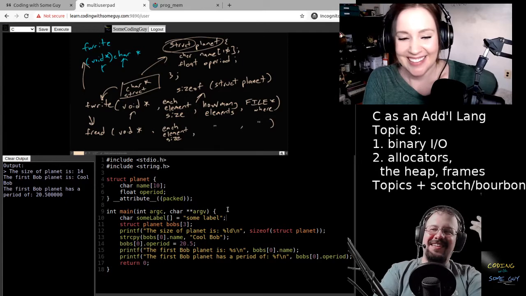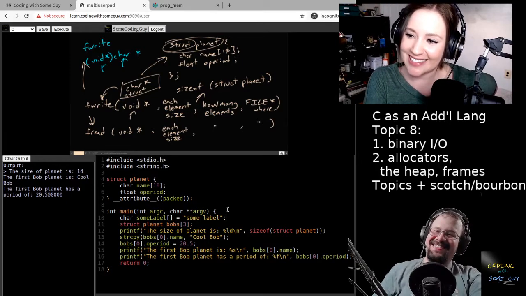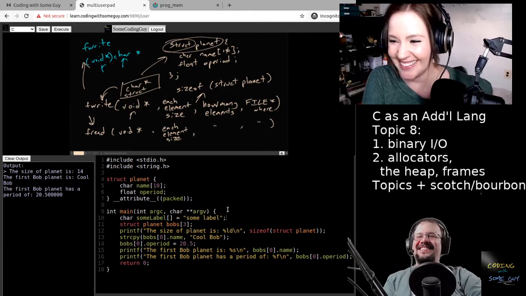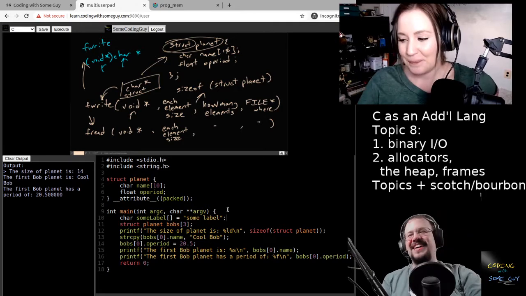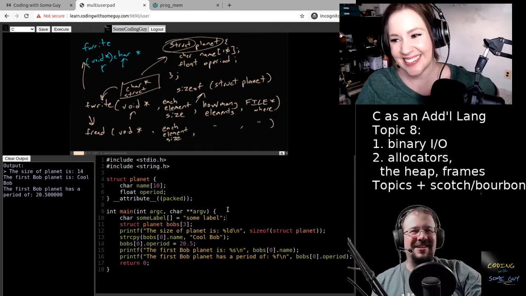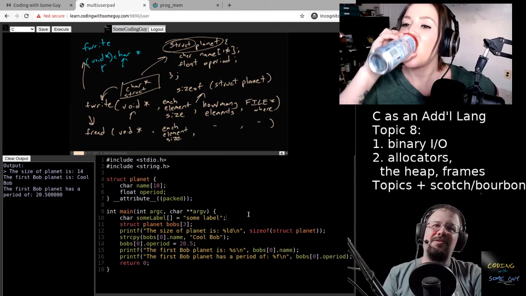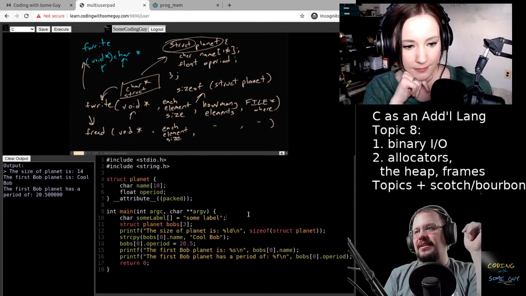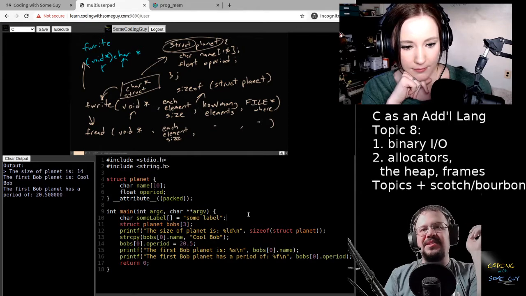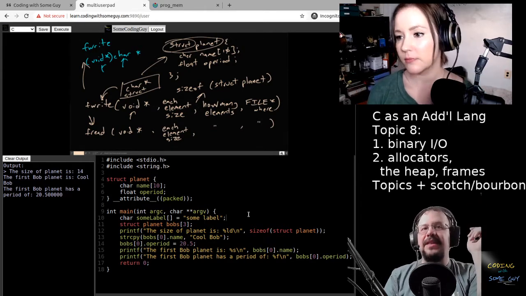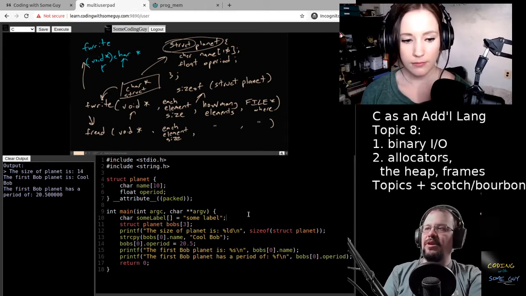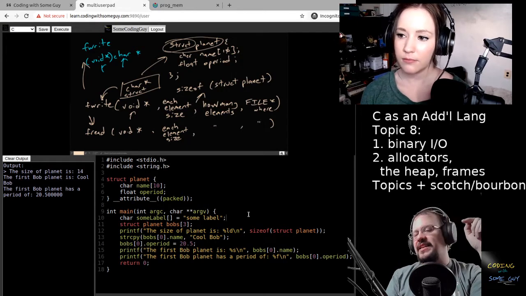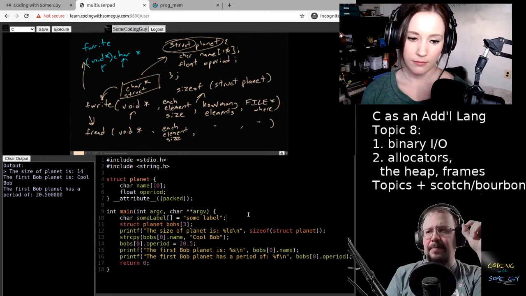Yes. Well, I am grateful for the empty brackets. It's a nice little bit of syntactic sugar, not the salt that we were talking about last time. But using that same concept, we're basically assigning an array in this one line. Right, because we're assigning S and then O and then M and then E and then space, going one by one and assigning that to each of the elements of some label, right?